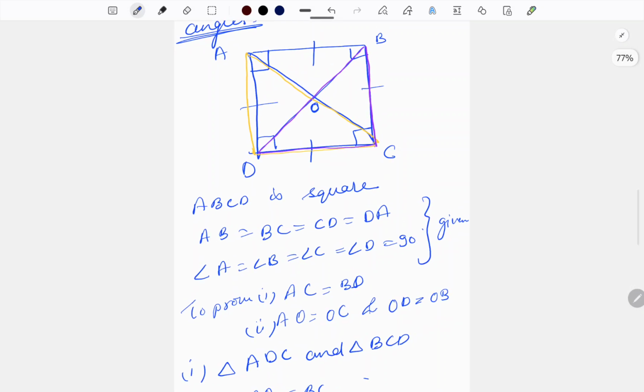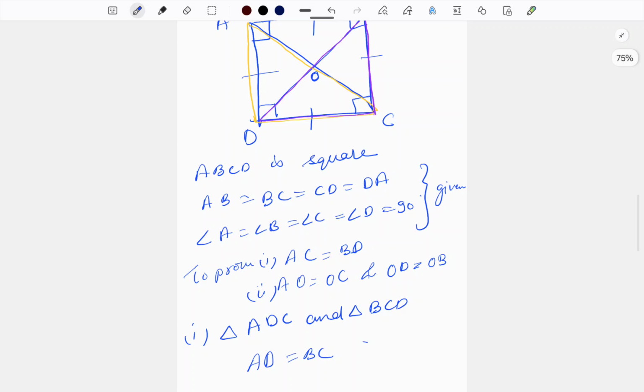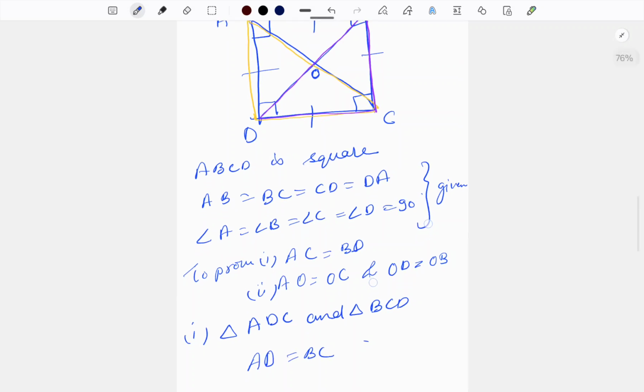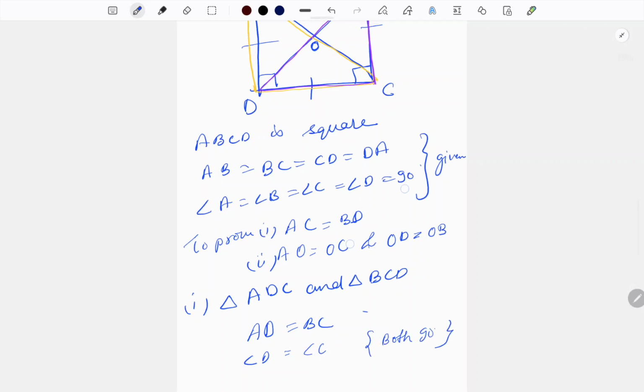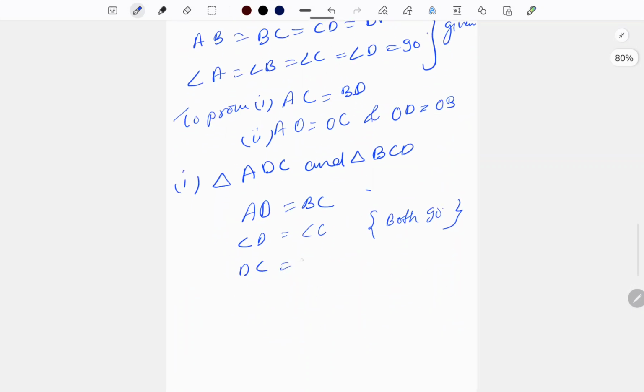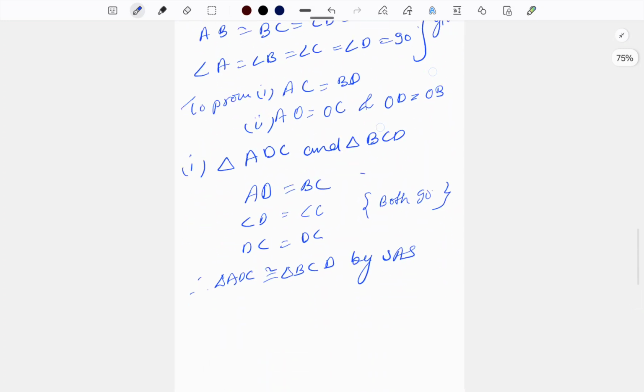Now next part is AD is equal to BC, and angle D is equal to angle C, both 90 degrees, and DC is common. Therefore, triangle ADC is congruent to triangle BCD by SAS, side angle side. And once it is congruent, we can say AC is equal to BD